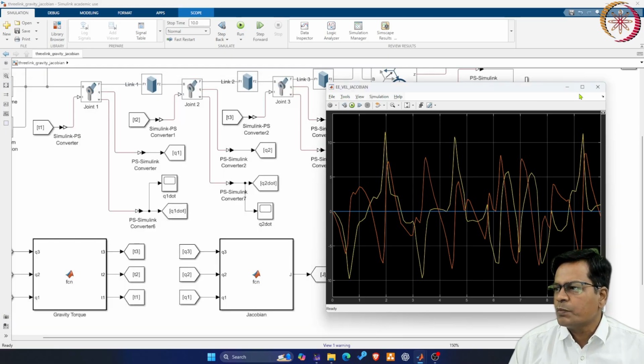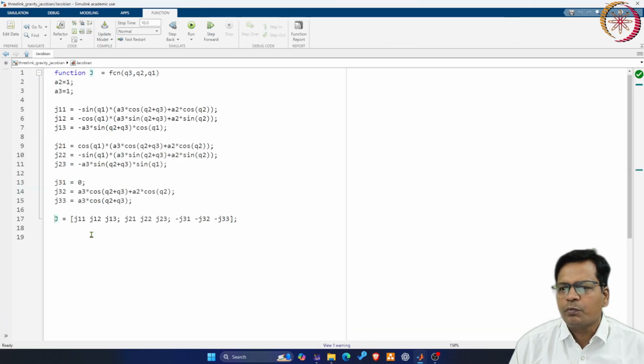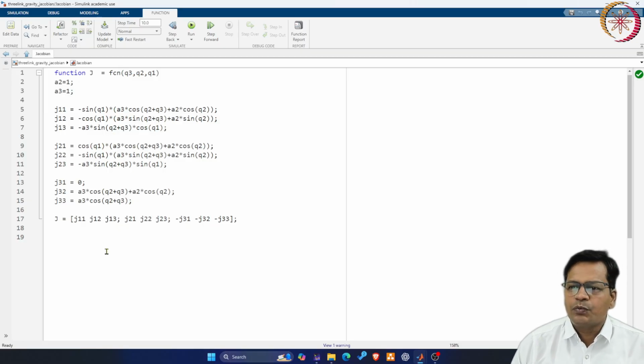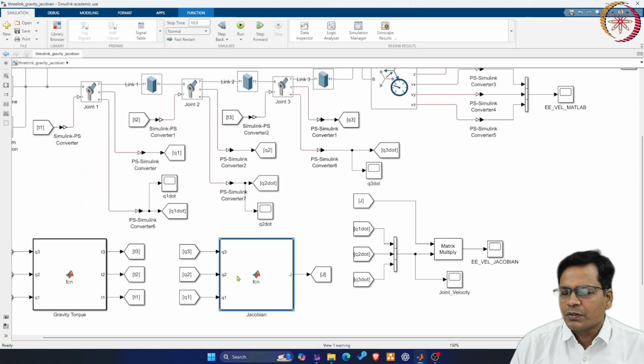So you must have noticed I have done some changes to my Jacobian calculation. I have put some positive and negative signs accordingly. You see I have put negative, negative and negative here, because that joint angle was not at the axis how I have calculated my Jacobian analytically. So while putting it here, you have to check your axis direction before you actually put it here, then only it will match. Okay, so you need to do those changes. Those changes were done here and I have found it correct.